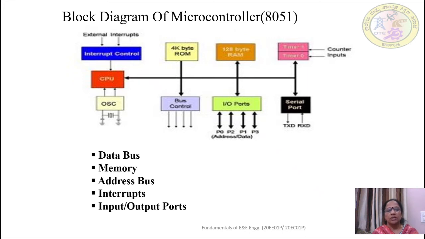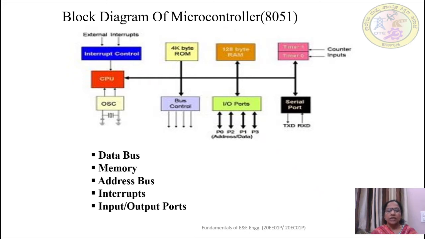So students, in the block diagram we see the data bus is there. This data bus carries the data to the central processing unit of the 8051. It also contains the memory. In the memory we have two types of memories, ROM as well as RAM. ROM is of 4 kilobyte whereas RAM is of 128 byte. The address bus carries the addresses, and further interrupt pins are there. Through these interrupts, the interrupt will be sent by the peripherals to the central processing unit, and then